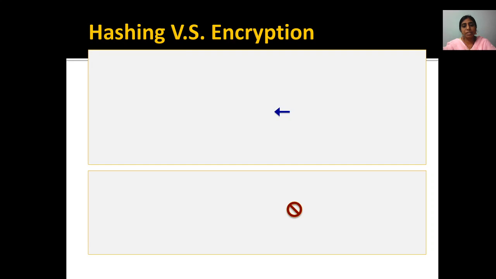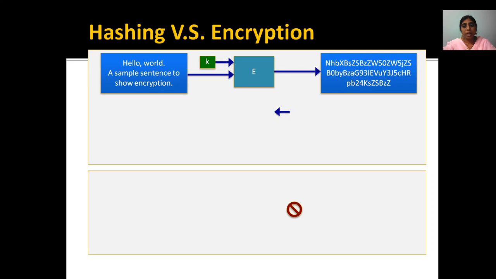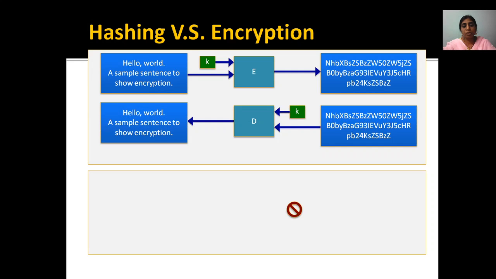Then hashing versus encryption. Whenever you give hello world, a sample sentence, to show the encryption, we encrypt with the key and get the ciphertext. Whenever this ciphertext is decrypted with the key, we get the original message. So in this we give the key and encrypt, we get the ciphertext. When the ciphertext is decrypted with the key, we get our original message. But